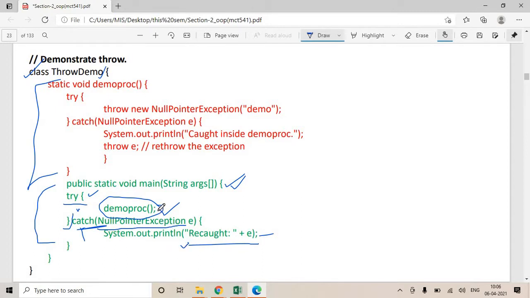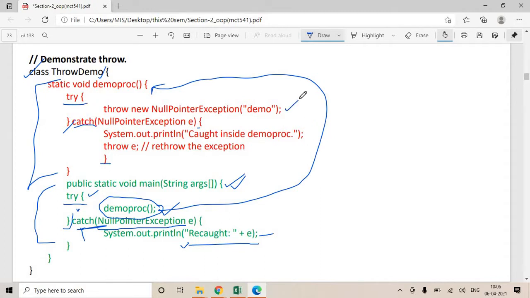Now since this calls the demoproc function, we have written a definition of demoproc over here. Inside demoproc we have written one try and the corresponding catch. Inside try we are throwing this NullPointerException. How to throw a NullPointerException?